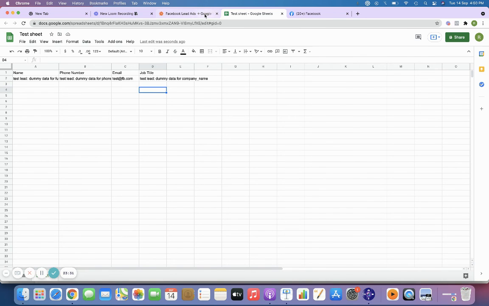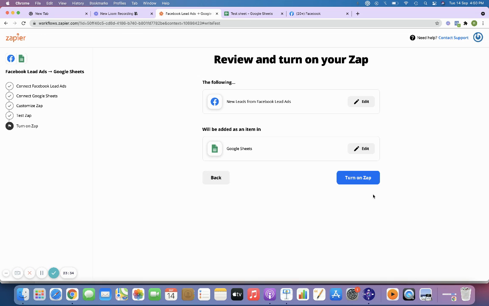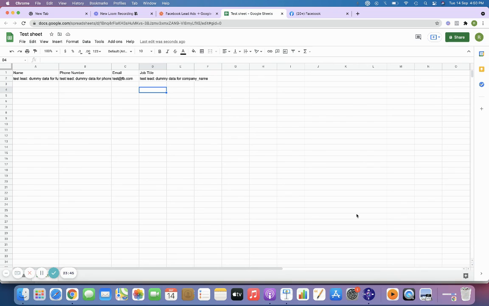Now you can just click next and turn on this app. Whenever you're running the lead generation campaign, people will start filling up their details, and all the data will be visible in this particular sheet. This happens automatically by itself. You need not keep worrying. Maybe one thing you can add is something called status over here, so that you can share this sheet with your team members, maybe your sales team, and they can fill in whatever status they have for each day, right?